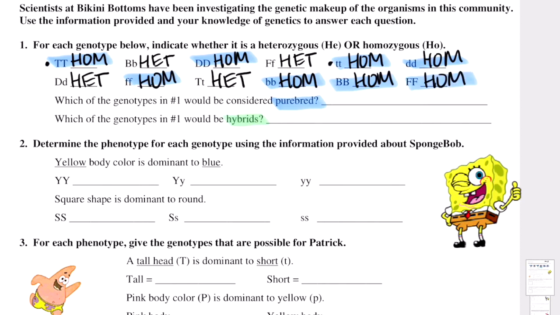So for instance, a hybrid car can be charged electrically, but it can also run on gas. So they're using two sources of energy. In this case, we want to know which ones have two different capitalizations. So for instance, one capital letter and one lowercase letter. That means it's going to be all of the heterozygous genotypes that we've already identified. We're going to highlight those in green. Big B, big F, big D, big T, little t. And now you can see that all of the genotypes have been classified as either purebreds